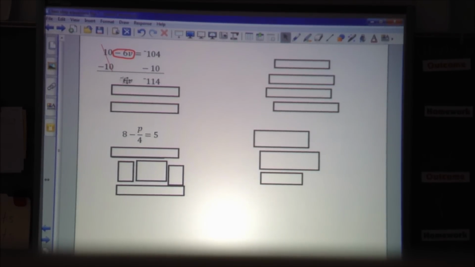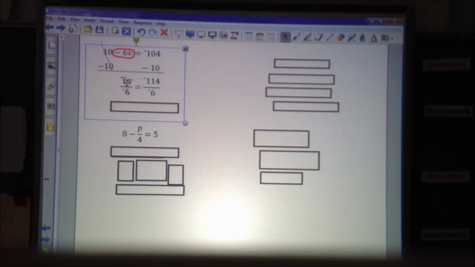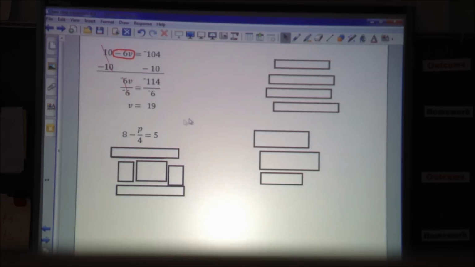And now I want to get rid of my multiplication by doing the opposite. And the opposite of multiplying by a negative 6 is dividing by a negative 6. And I divide both sides by that negative 6. These two 6's cancel out. Negative 6 divided by negative 6 is a positive 1, so I'm left with v. Negative 114 divided by negative 6, stick it in your calculator if you need to, and you get v equals